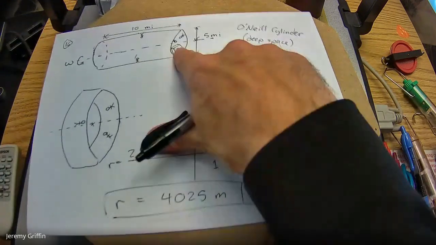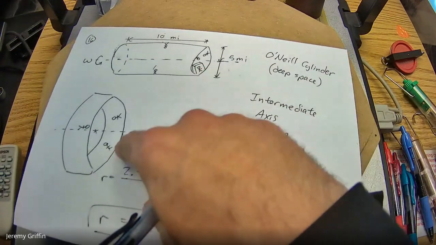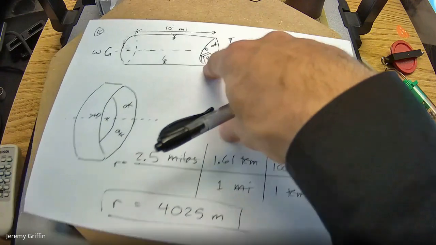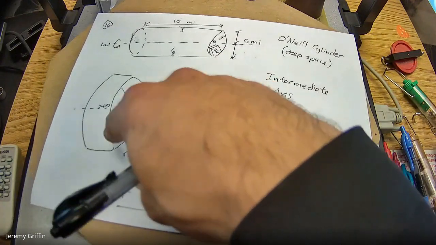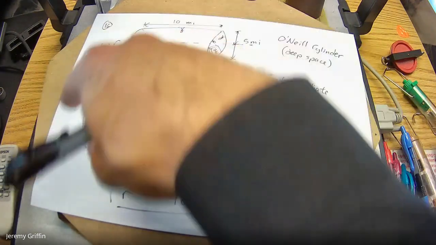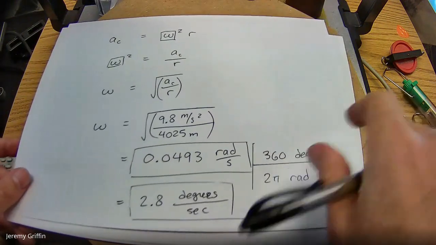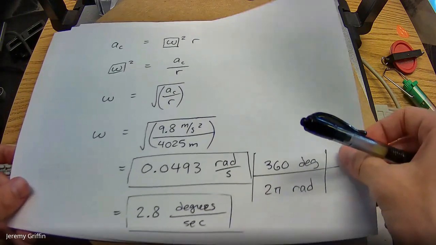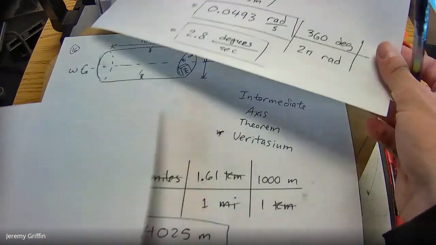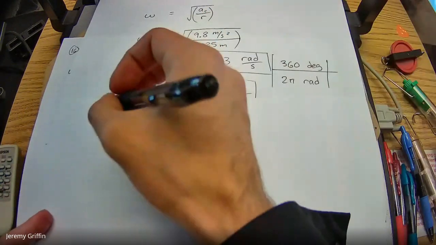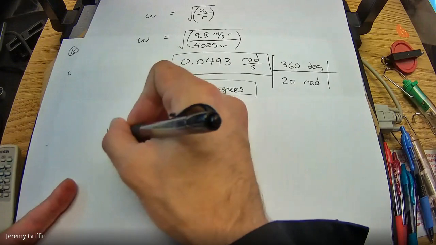So if these guys are watching the outside world, or let's go with these guys, these guys are having fun in space, but these guys are here. How long would it take to make 1 complete trip around? Well, let's do another conversion type here. If you're looking for 1 revolution,